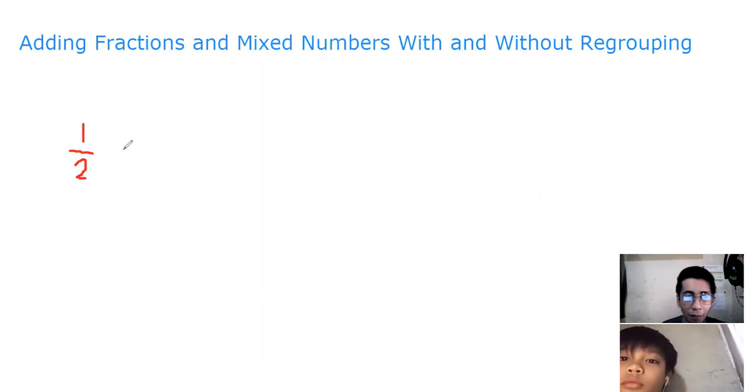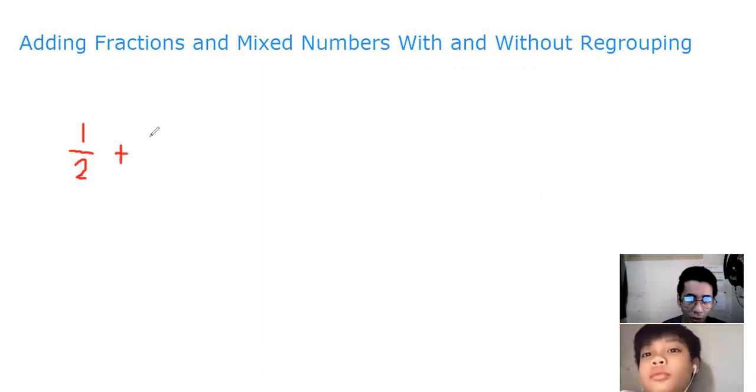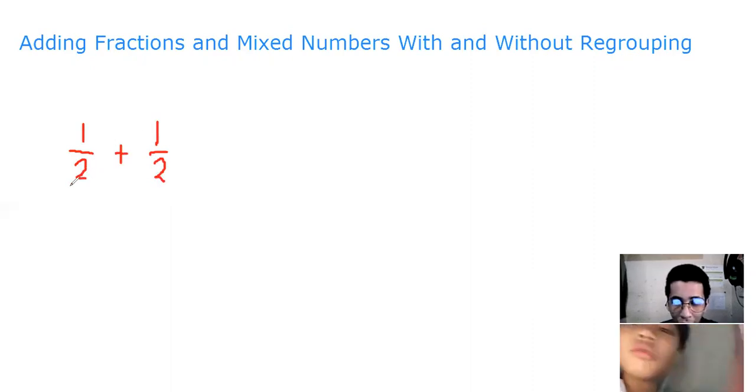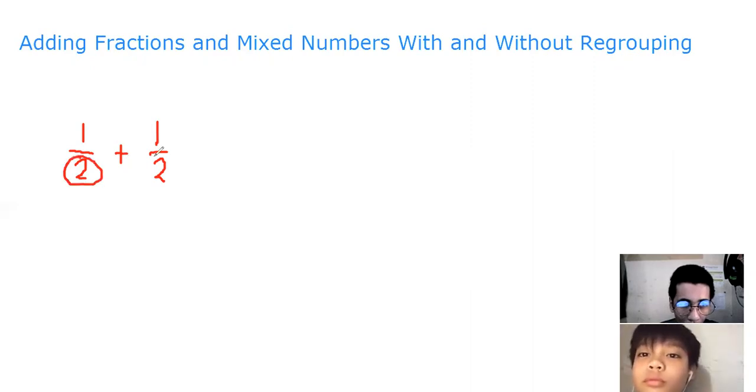So, we have 1/2, then clinas natin siya into 1/2 ulit. So, 1/2 plus 1/2. So, kapag nagka-plus tayo ng dalawang fraction, kailangan magkatulad ang denominator. Sino si denominator? Si denominator, yung nasa baba na fraction natin. This number 2, so we have number 2, and also number 2 in the other fraction, we have same